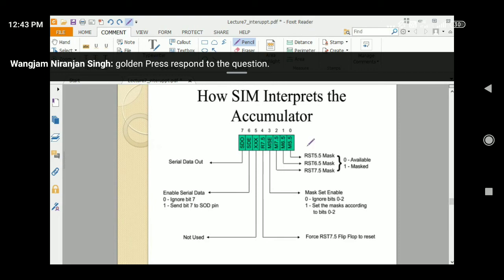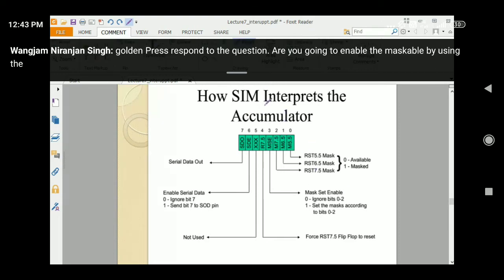How are you going to enable the maskable interrupt by using the SIM instruction?